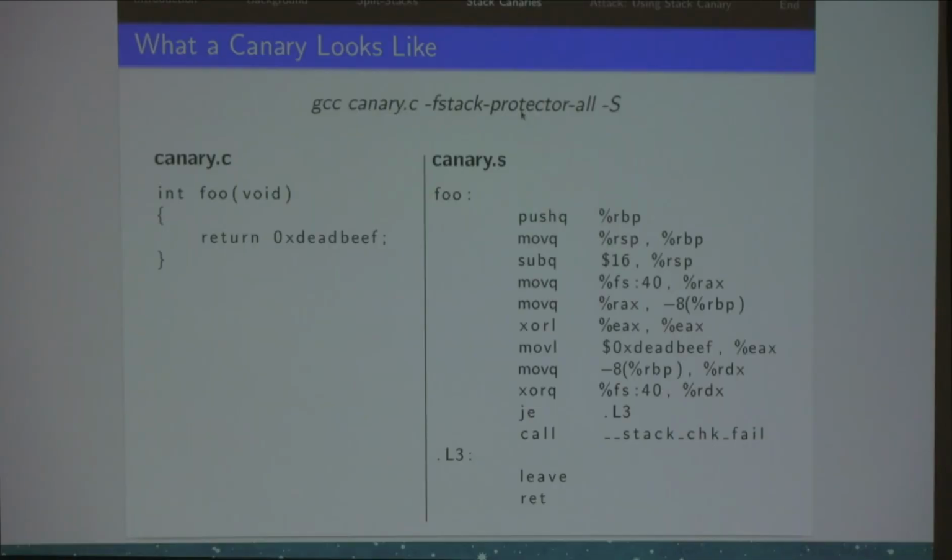So here's a little more information. Like I said, I'll share the slides later. Here's what the assembly of a canary looks like. So here's the function foo. I've compiled it using GCC's stack protection mechanism. And you can see right here